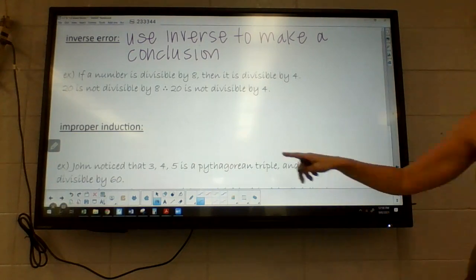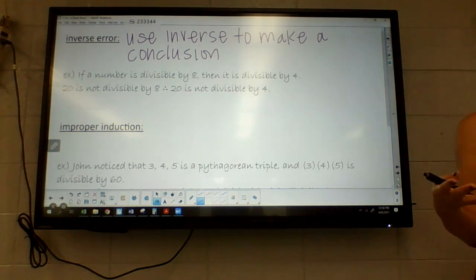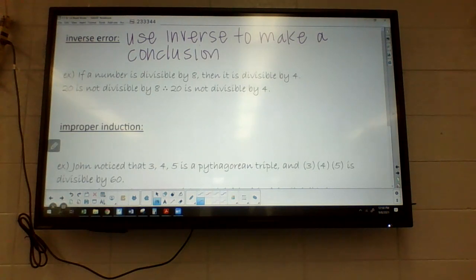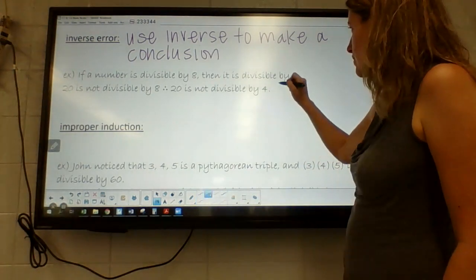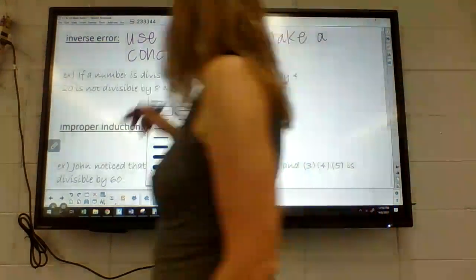not be a true statement. 20 is not divisible by 8, so 20 divided by 8 is not a nice number. Therefore, 20 is not divisible by 4. Is that true or false? False. Because again, this is a false statement. And the reason for that is because the inverse of this original statement